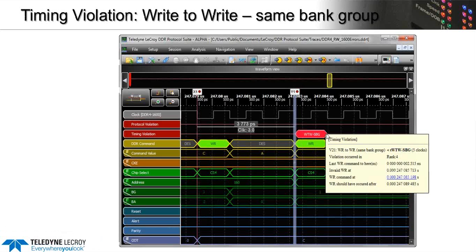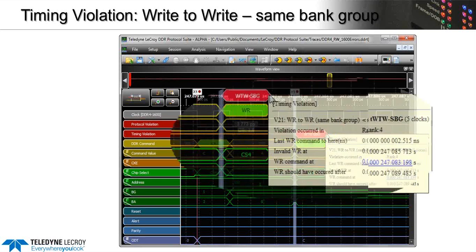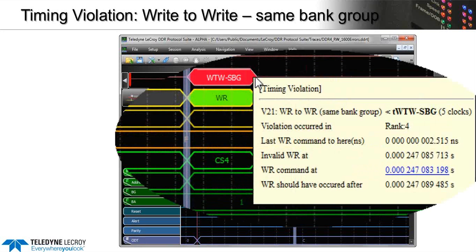Okay, there's a full-blown timing waveform viewer that allows you to see what violations occurred. This is an example of a timing violation. Here the controller is issuing two write commands that are too close together. You can see all the control signals, the rank, the bank, the full command is decoded. The software uses timestamps to actually show you which commands cause the violations, and you can, of course, do your